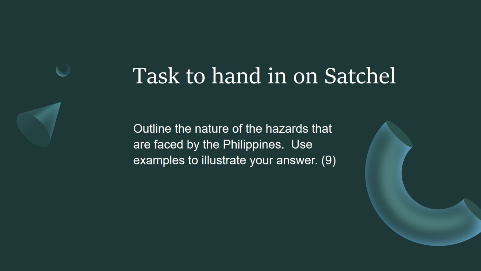Really what you're doing here, and if I'd done my table I'd have that in front of me when I do this, is you're making an answer out of the information that's on there. But of course, it shouldn't read like a list. So there's not a huge amount from last lesson in this answer, although that might help you be a bit more evaluative. So you might start off, for example, saying how the Philippines is a multi-hazard environment which causes problems, and the main hazards it experiences are this, this and this.